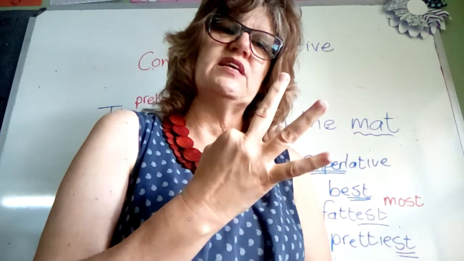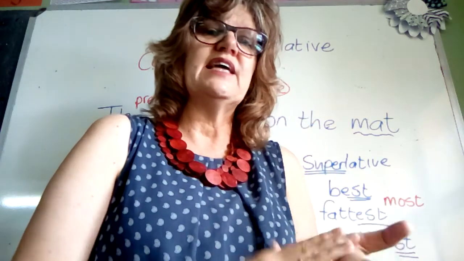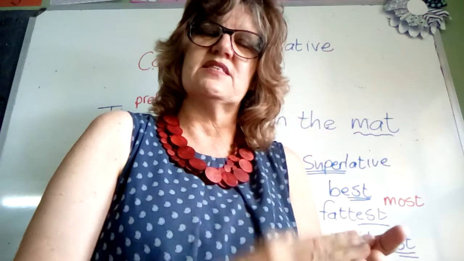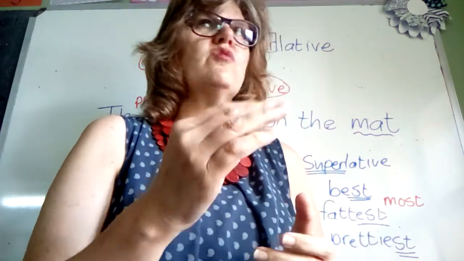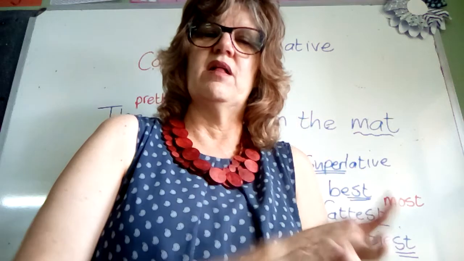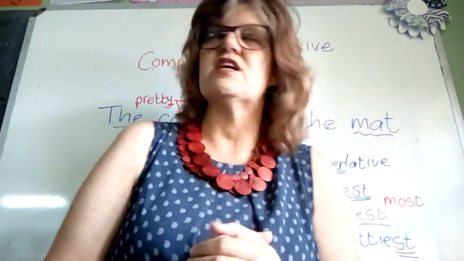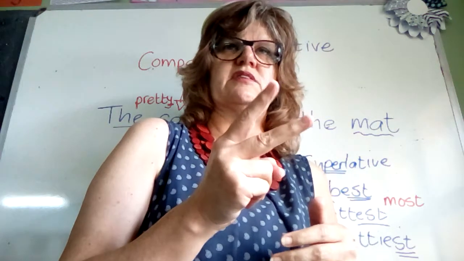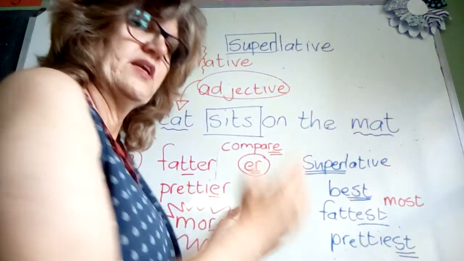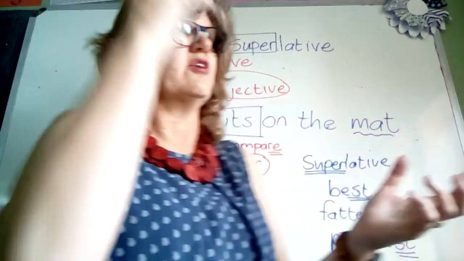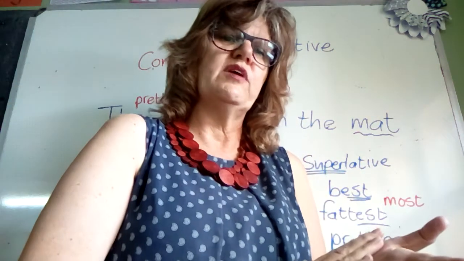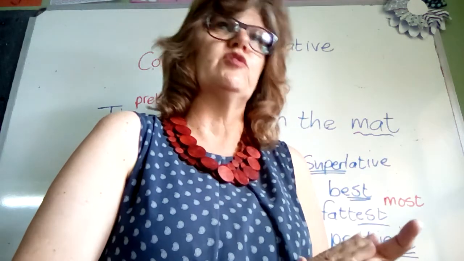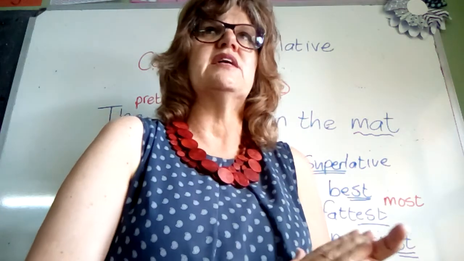Beautiful. It's got 3 syllables. Intelligent, 4 syllables. Tremendous, 3 syllables. Incredible, 4 syllables. So can you see, as soon as a word's got more than 2 syllables. Remember, comparing is between 2. So remember the 2. If I clap a word and it's got more than 2 syllables, like beautiful, tremendous, intelligent,